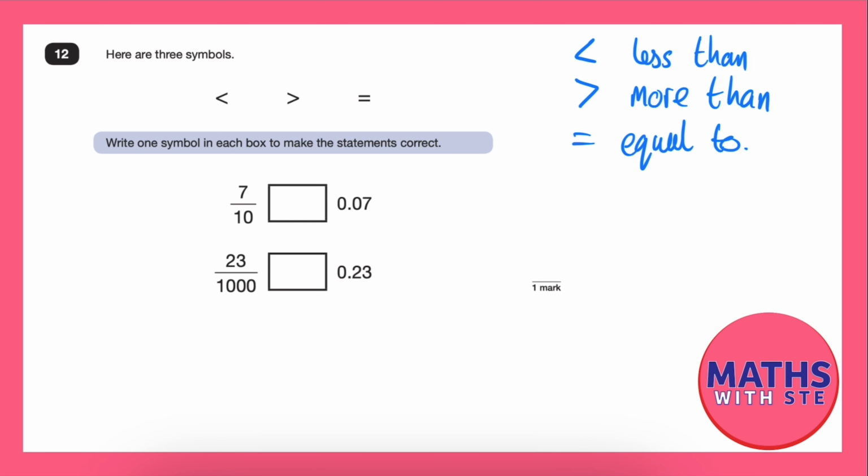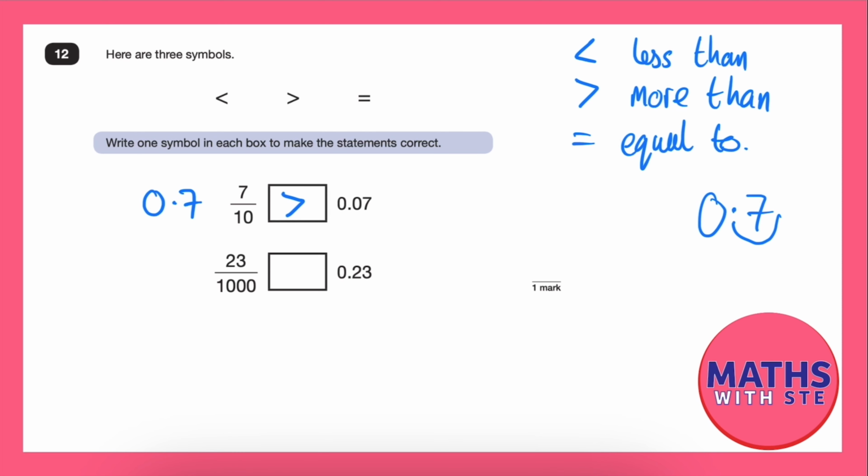Okay, so let's think about this. We've got 7 over 10. Now, is that less than, more than, or equal to 0.07? Well, let's change our 7 over 10 into a decimal, which is 7 divided by 10. All you need to do is get your 7 and move the decimal one place over to the left. So it's going to be 0.7. Okay, which one's bigger, 0.7 or 0.07? It's 0.7, isn't it? So 0.7 is more than